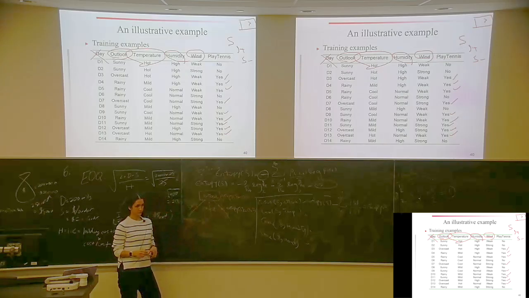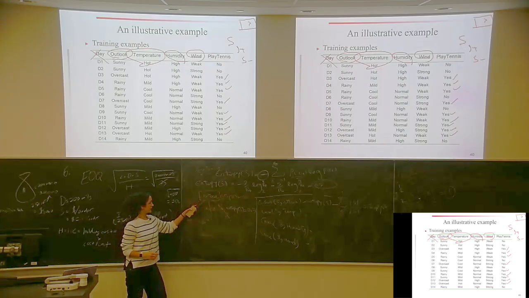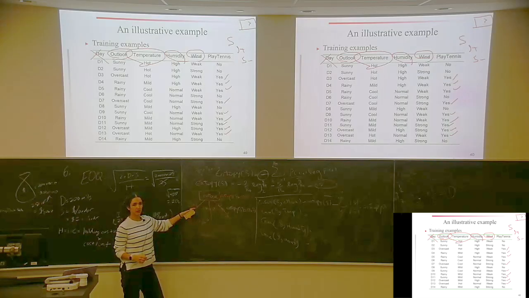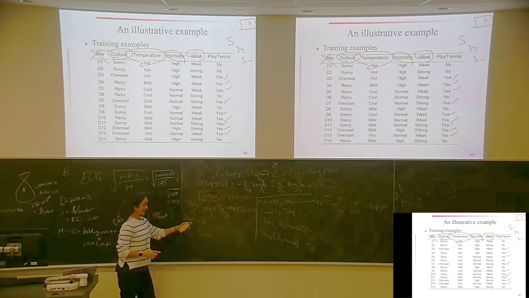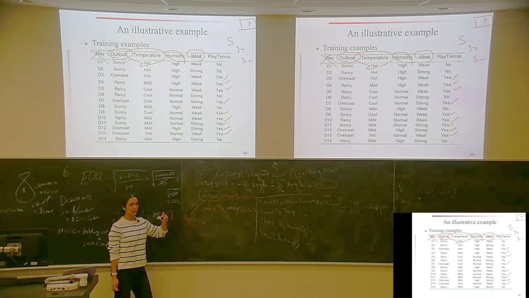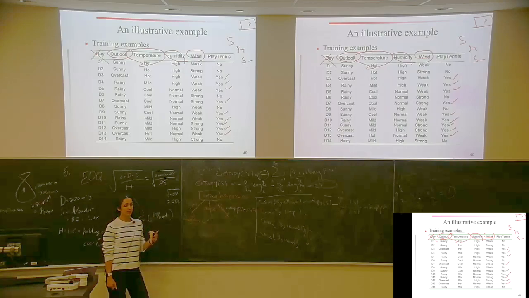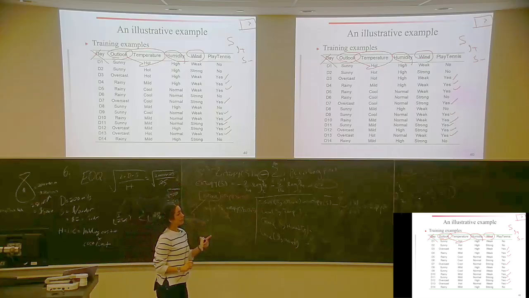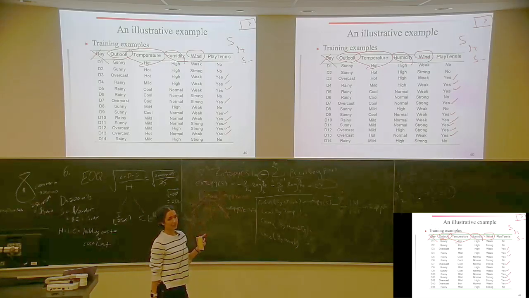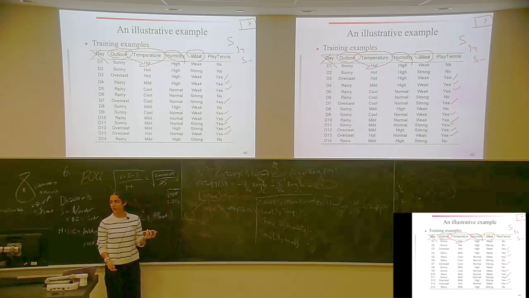What is this? First, how many instances are sunny? Out of 14 days, how many are sunny? 5 days. Now we have 5 days. So entropy cares about class labels. So we need to know how many belong to class yes, how many belong to class no. Why? Because if all 5 days belong, let's say, to class yes, it means entropy is 0, right? So, are all 5 instances where outlook is sunny in the same class? No. 3 of them belong to